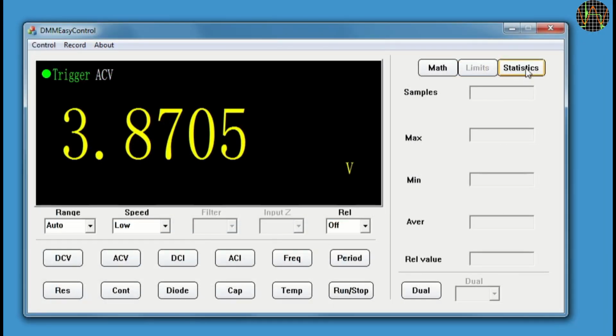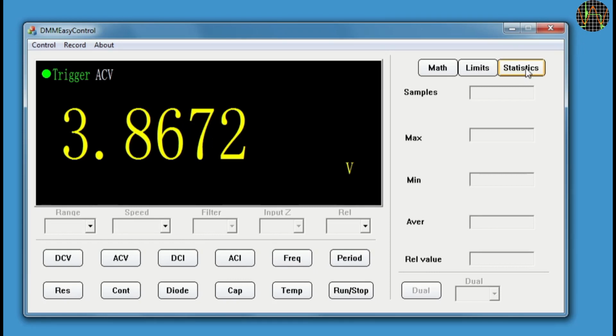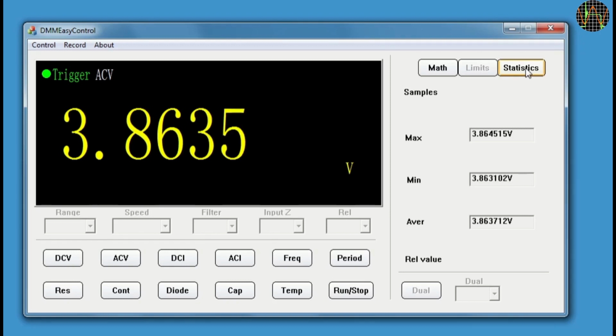But I did want to show the statistics display, and so after a restart of the program and reconnect, there you go. I think these are actually calculated by the meter and transmitted over the SCPI, although it would be far easier for the PC software to calculate them from the incoming measurements and display them all the time. An approach they did with the recording.